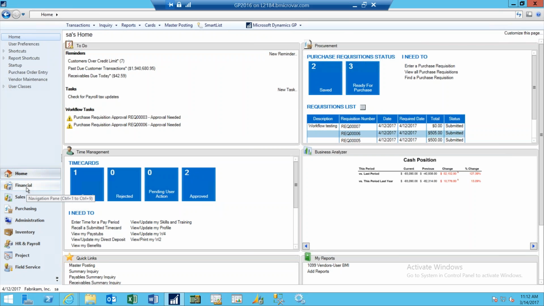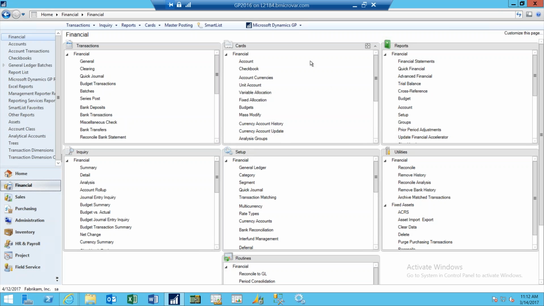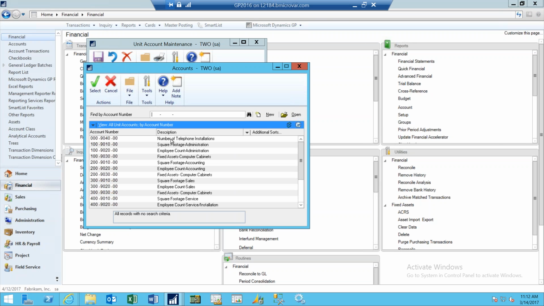So I'm going to switch now to the financial area page. In my financial area page, I have the cards section, which is where my static details like my GL accounts are held. Today I wanted to focus on a couple of these, including a unit account, variable allocations, and fixed allocations. So the unit accounts give me the ability to create accounts and details for things like square footage